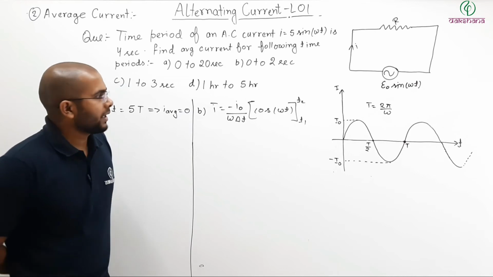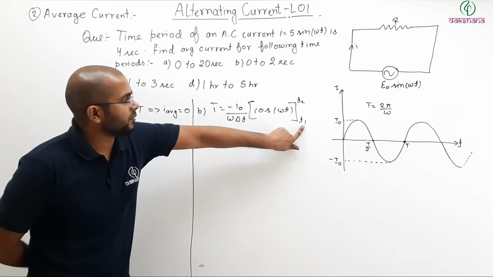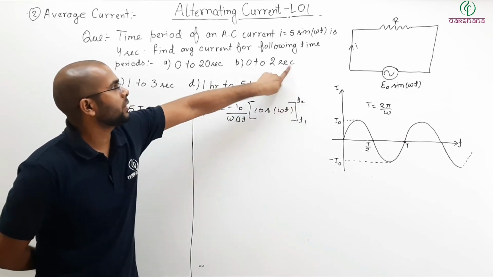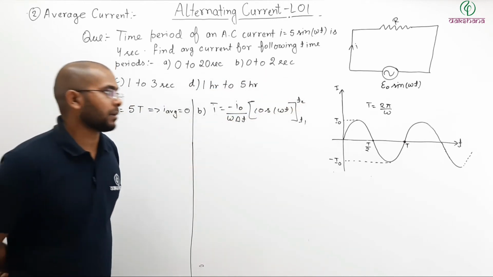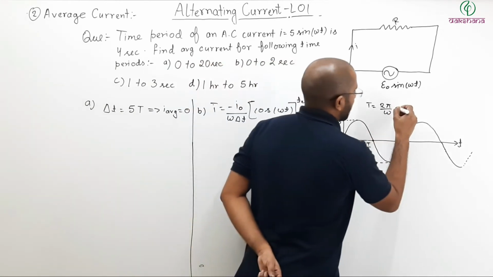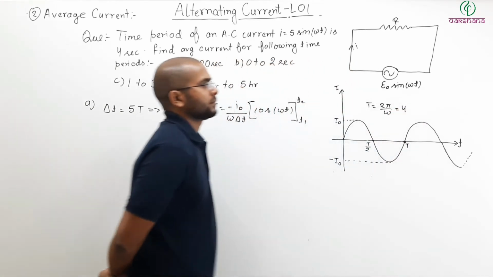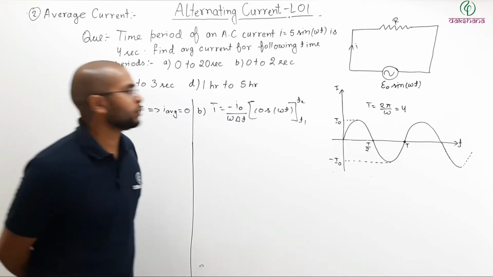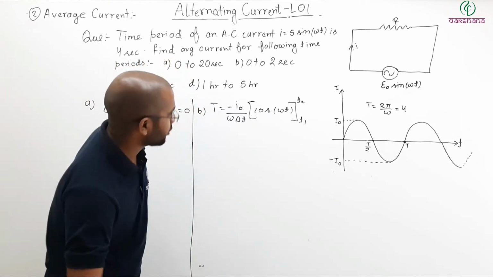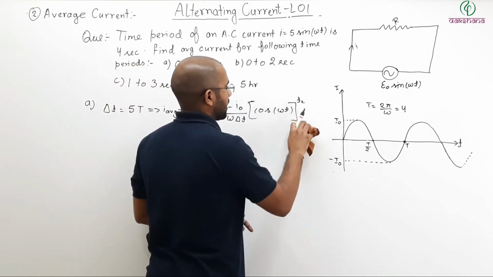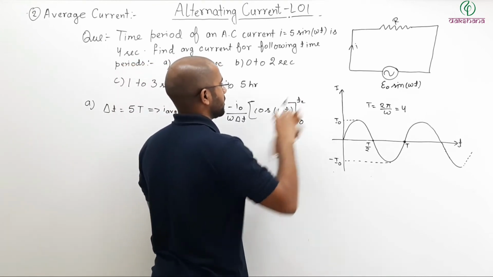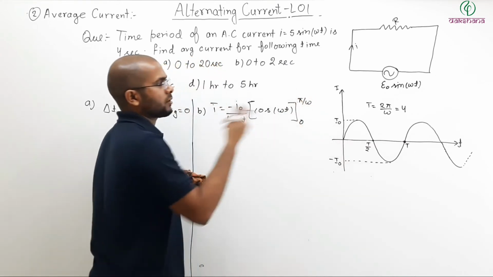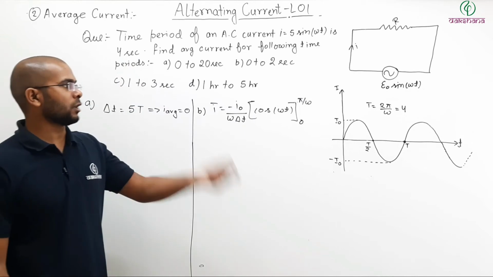So here I have initial time t1 to be 0 second and final time t2 to be 2 second. But remember 2 pi by omega is 4 second. So 2 second will be nothing but pi by omega. So let us write initial time to be 0 and final time to be pi by omega, because we know that 2 pi by omega is 4, so pi by omega is 2 second.